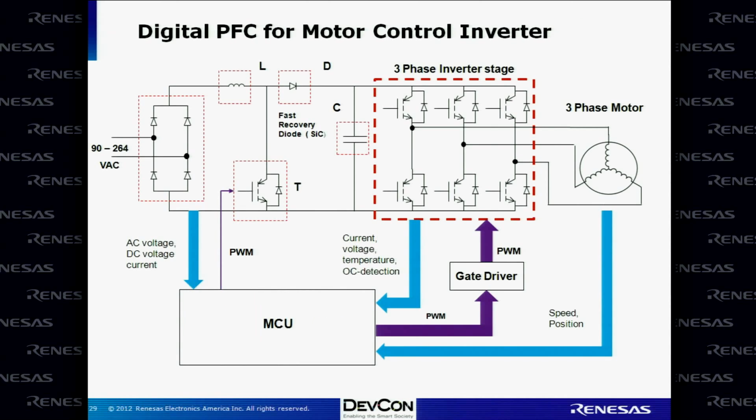Another way to do it is to use the MCU. In this case, we're talking about what we call digital power factor correction. The previous one was analog. So the MCU can do basically both. As you know, most modern MCUs have many peripherals such as timers, and they can do such a thing. So basically, now the MCU will drive the motor and also will drive the power factor